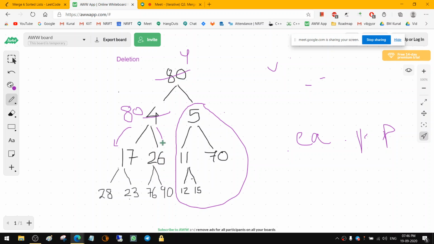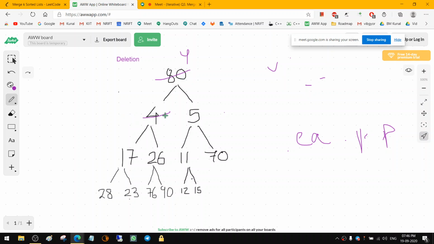Then you come on to 80 and 17. You see that 17 is the smallest, so 17 goes to the